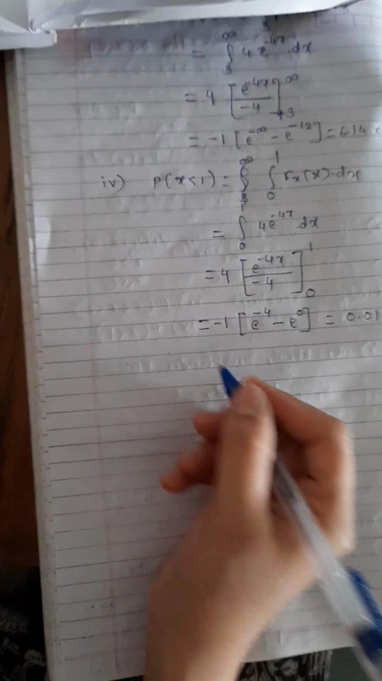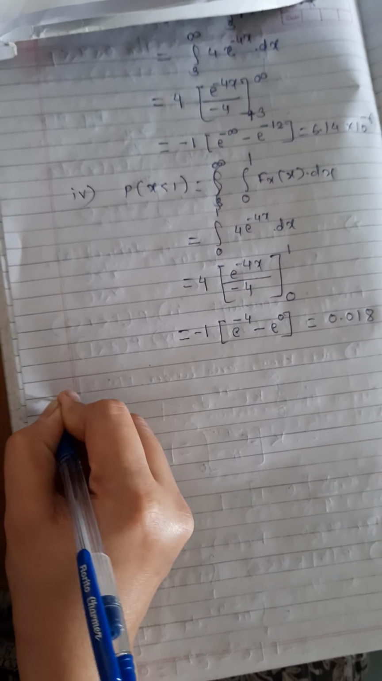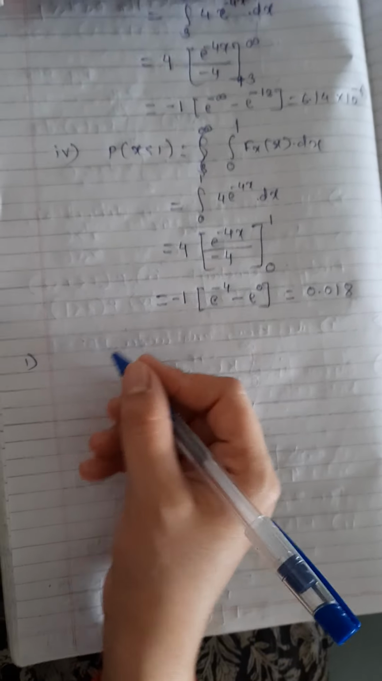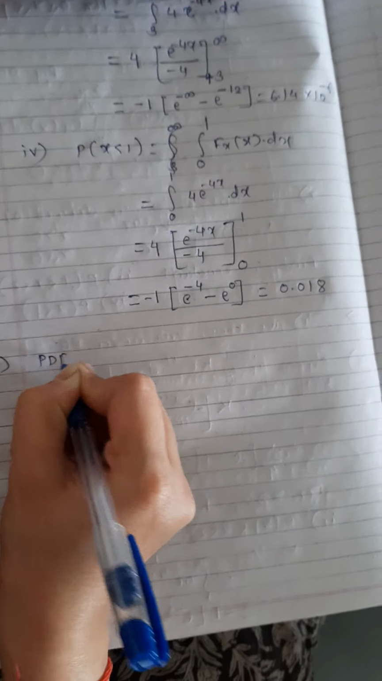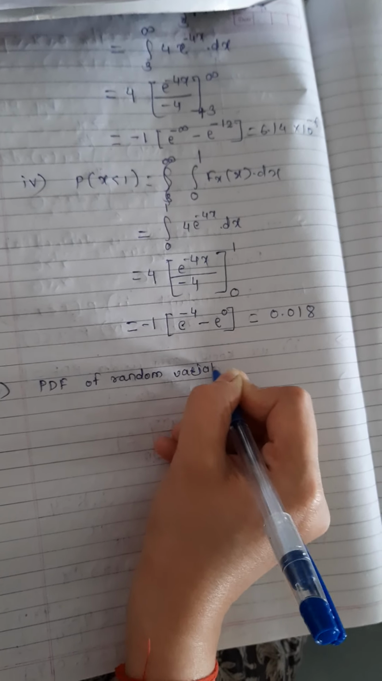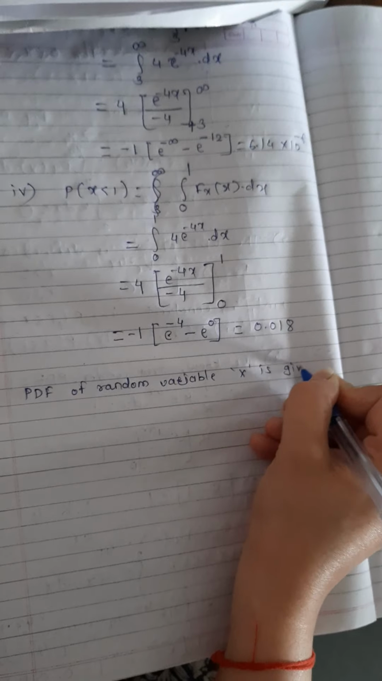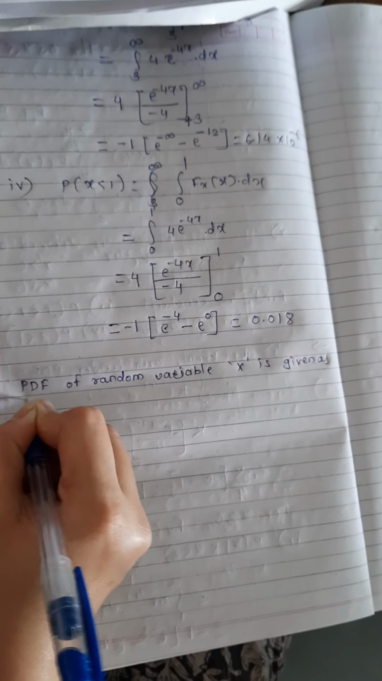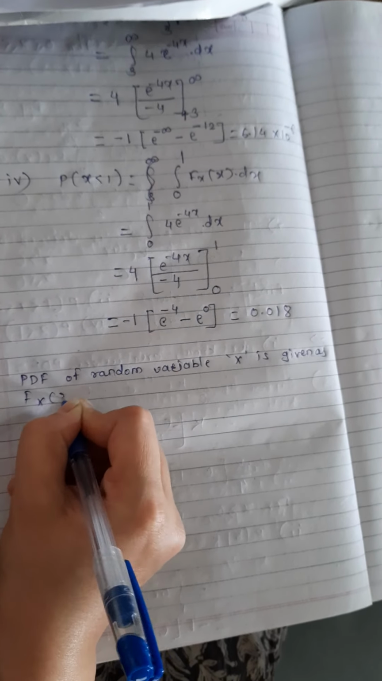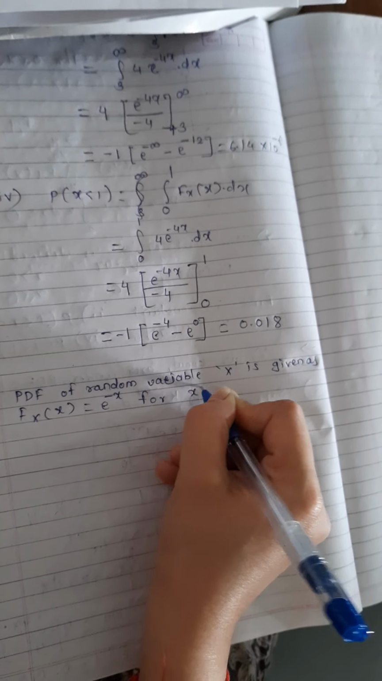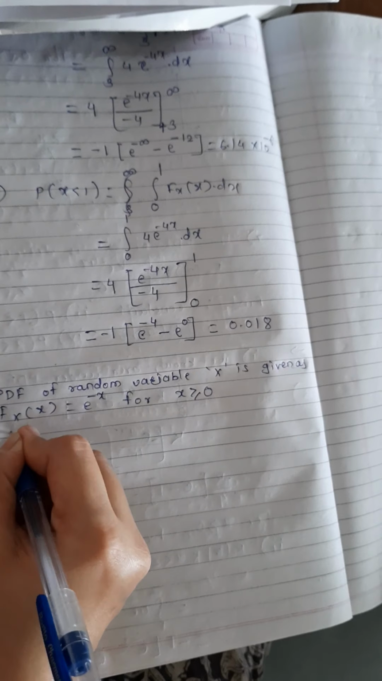Next problem, based on random variable. The PDF of random variable x is given as fx of x is equal to e raised to minus x for x greater than or equal to 0. So find